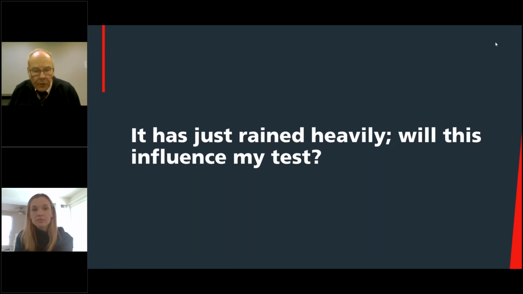It is important, but the main thing to keep in mind, if you're doing routine maintenance testing, you just want to make sure it's okay to test when it rained heavily. Just be aware that the reading that you're seeing there is a bit deceptive. It's going to make the picture look a little bit more rosy than it really is. So just make sure that you test around the calendar,